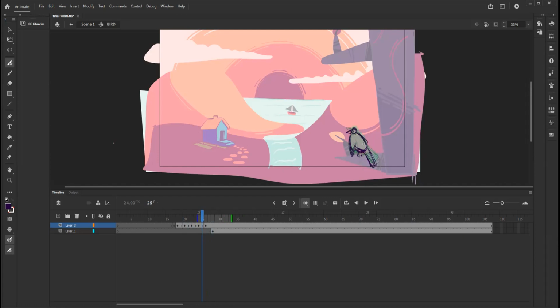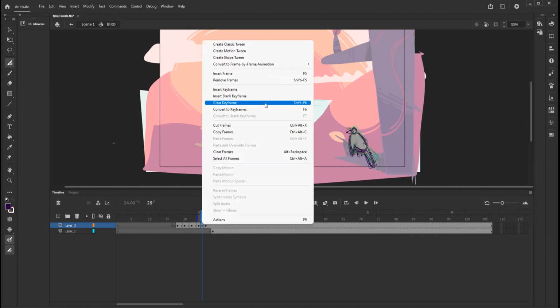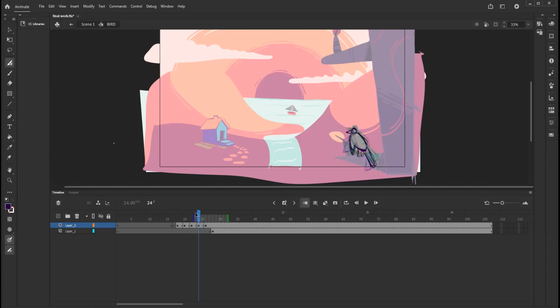So don't feel afraid to make adjustments whenever required. Just make sure the movements are like natural. I don't need this one. So let's delete it. Okay. It's settled over here. Again,